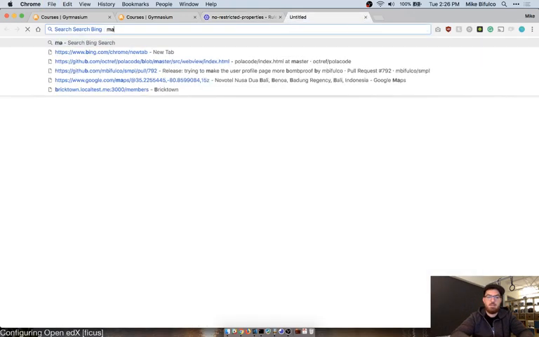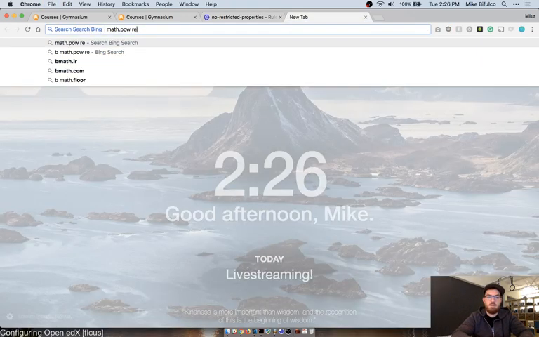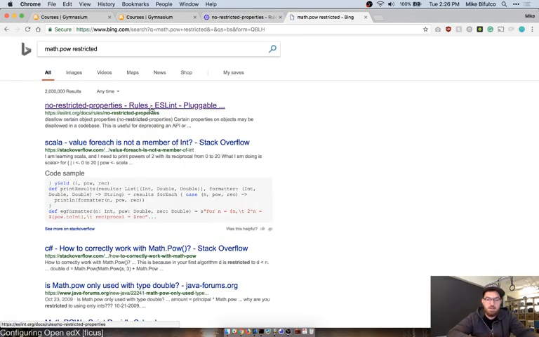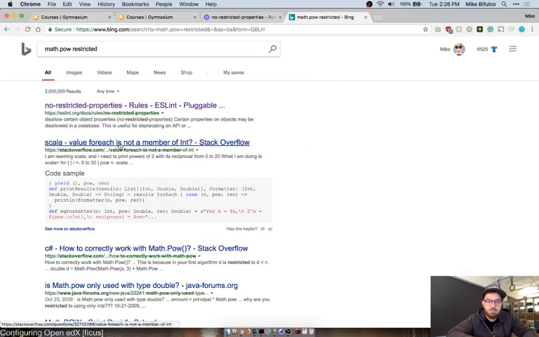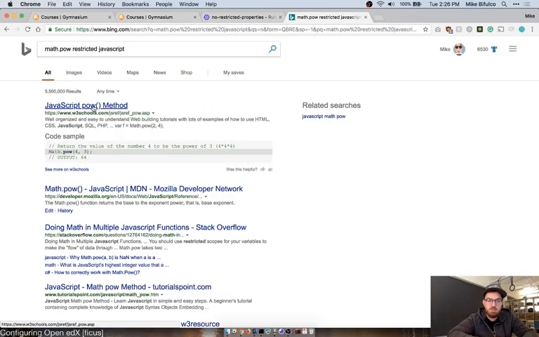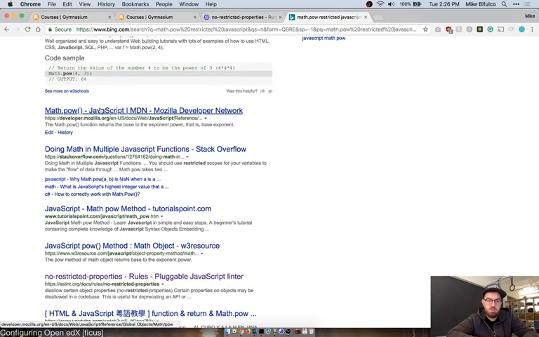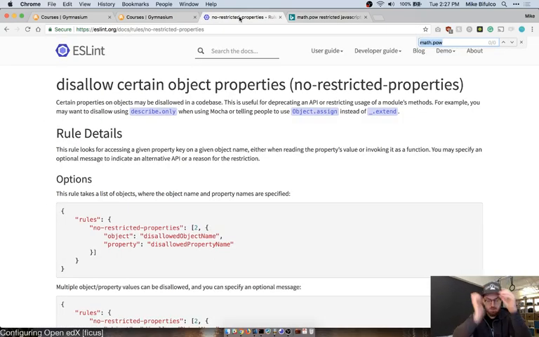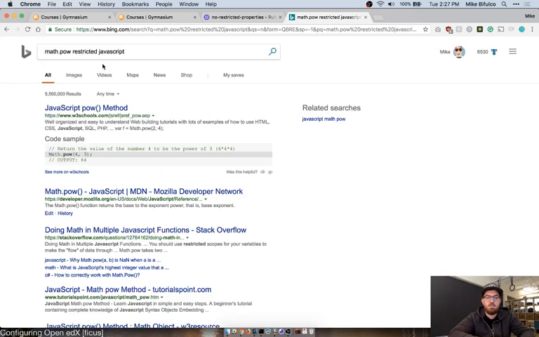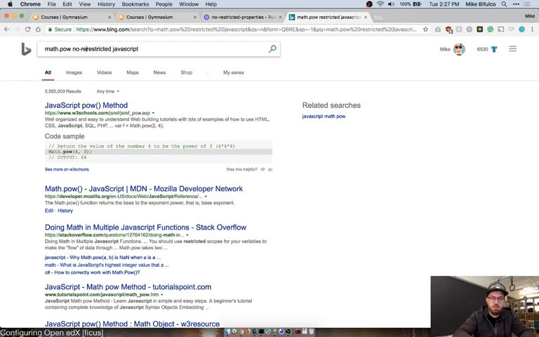Okay, Math.pow restricted. Let's get to a reasonable explanation for why I shouldn't be using Math.pow. Is Math.pow in here? No. This keeps coming up though, that's interesting.